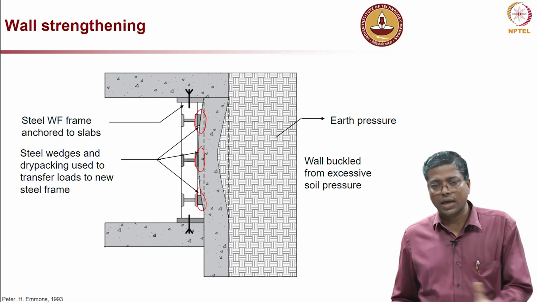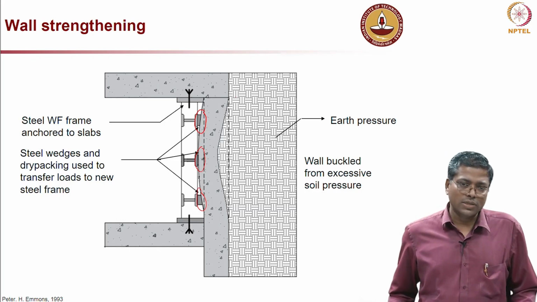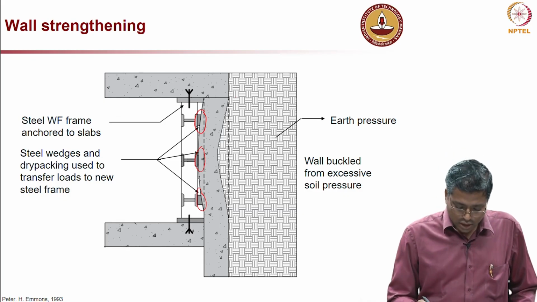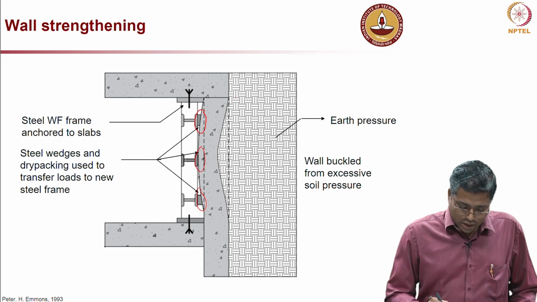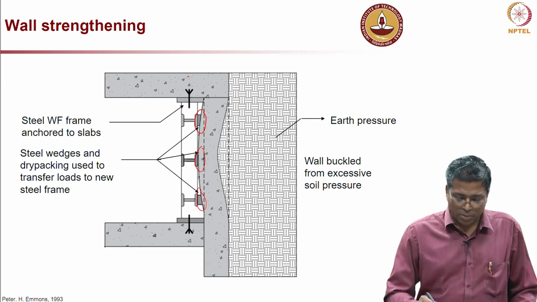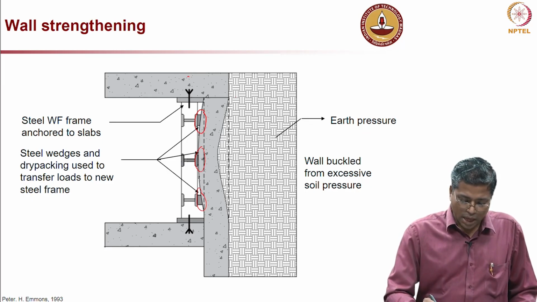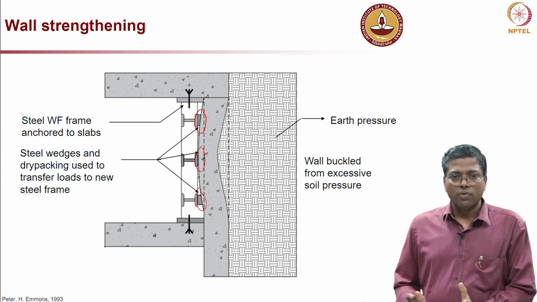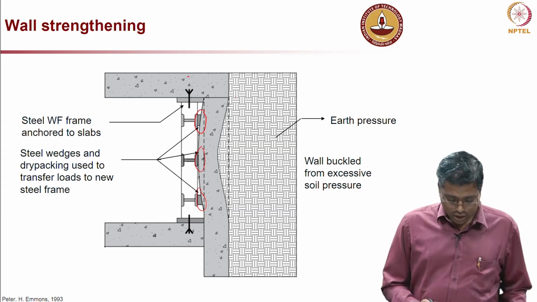So that there is again a direct load transfer possible. So, after the installation of this, the load is directly taken by the steel frame anchored directly to the slab. So, this steel frame will take all the load right now and then transfer it to